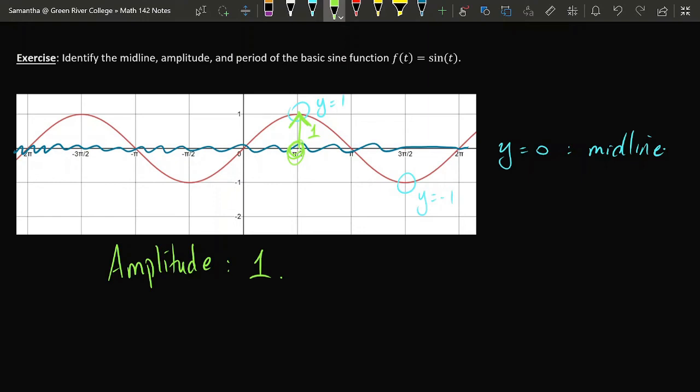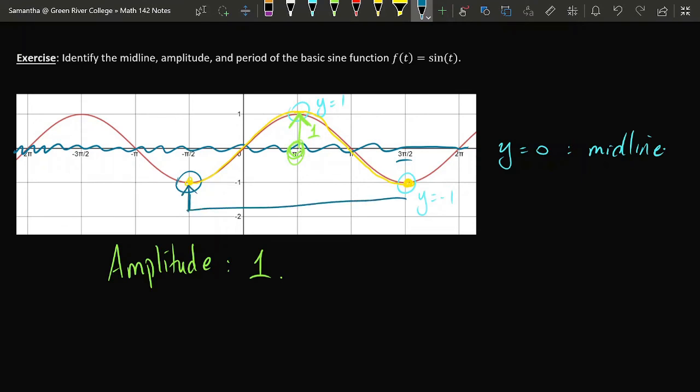And what about the period? What is the period of the basic sine function? Well, let's try and identify a point on the graph that's relatively easy to read. For example, we could use the lowest point on the graph, which is located here at -π/2 in terms of horizontal position. Now, if I follow the graph from that point through one full cycle, going up and back down again, when I reach the matching bottommost point after one cycle has been completed, I am now looking at the location where x is equal to 3π/2.